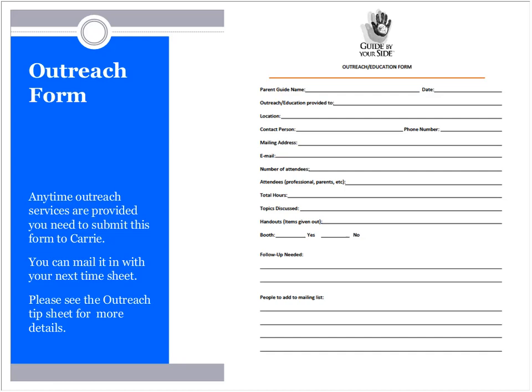So, the outreach form. Again, this is on the flash drive that you will get. Pretty much anything that you can think of related to the outreach is on this form, and I do need every spot filled in. If every spot is not filled in, it will not get paid, especially the follow-up needed. If you think about it, if you go for a dentist appointment, does the dentist never talk to you ever again? No. Before you leave the office, what do they have you do? They have you fill out a card for 6 months later to come back, right? Same idea. What follow-up are you going to do with this